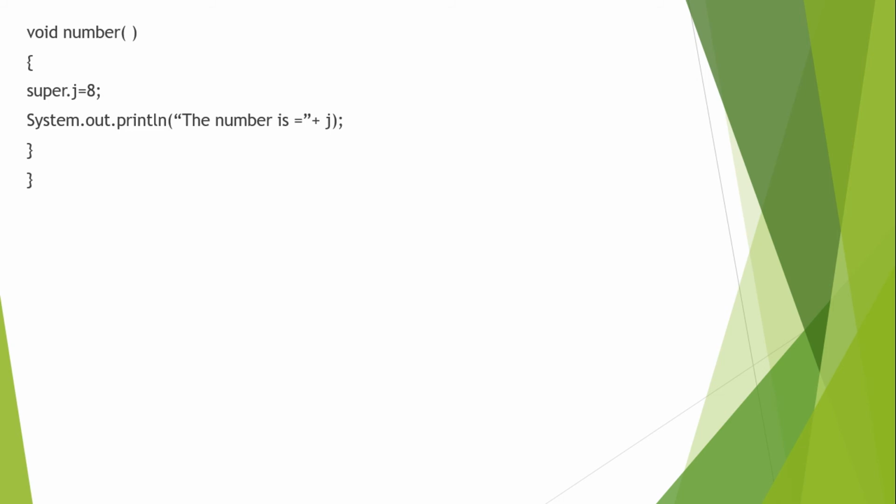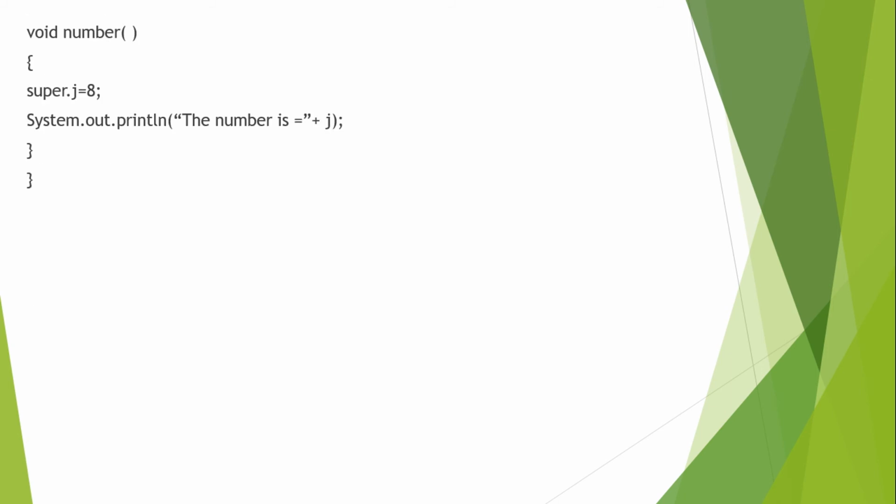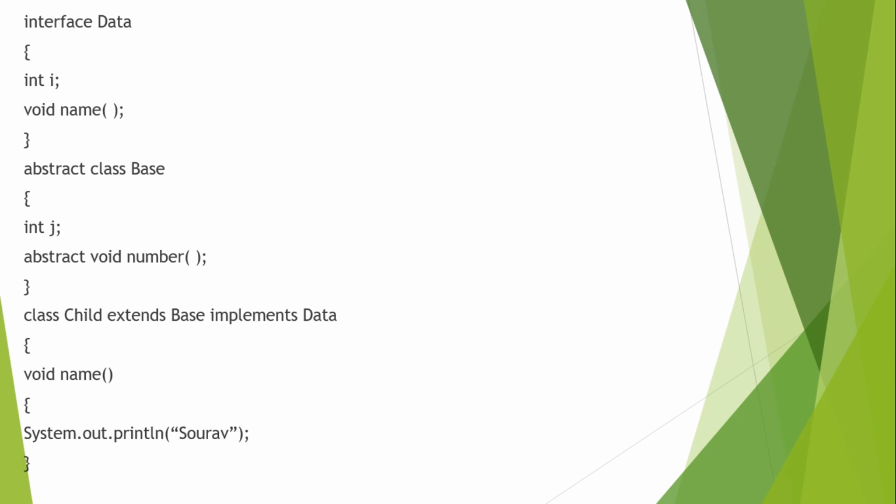So basically I am using the name function which is declared inside the interface, and next I am using the method which is present inside the base class. So both are used in the class Child. This is the concept of multiple inheritance which I have achieved by using an interface. The last thing, we can see this whole code executing in the Java platform BlueJ. So let us see that.